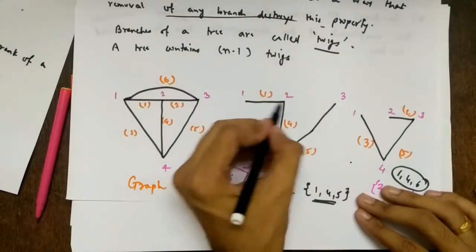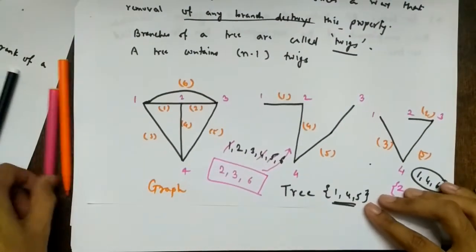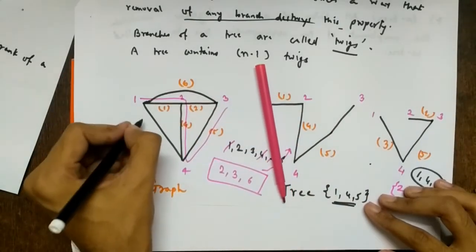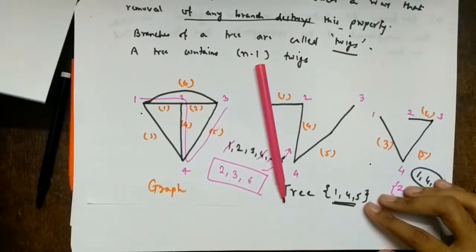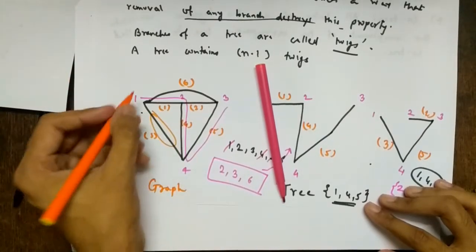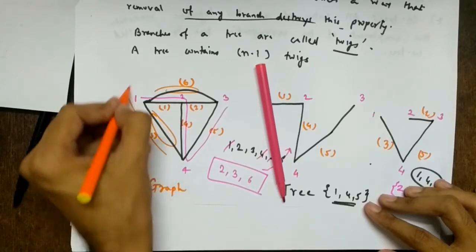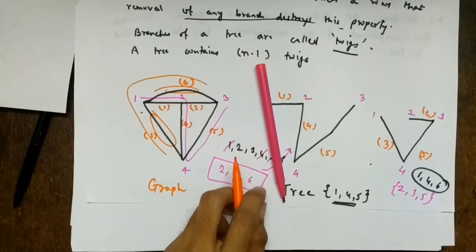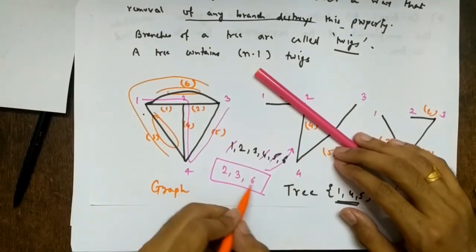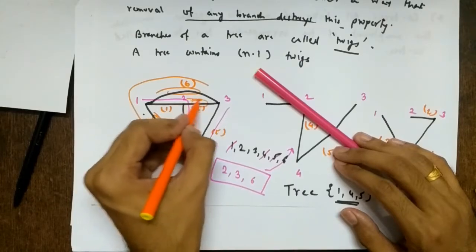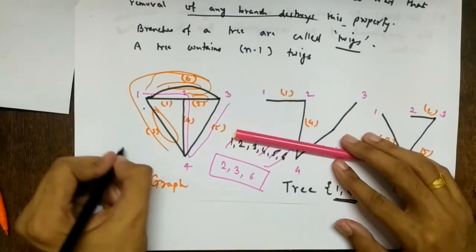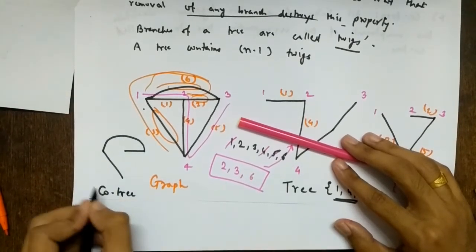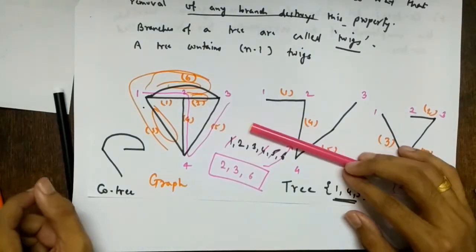Right? So this is my tree. So what is the complement of the tree? So this is my tree, right? If I take this, so what is not included? Different sketch pen. So this is not included and this is not included. Means this is my cotree, right? Because it is defined as what? All links of a tree. What are the links? Branches 2, 3, 6. I missed one branch, so this is also there. So 2, 3, 6. So if I draw it here, this is what my cotree is. You can name the branches and nodes. Right? So this is what is a cotree.